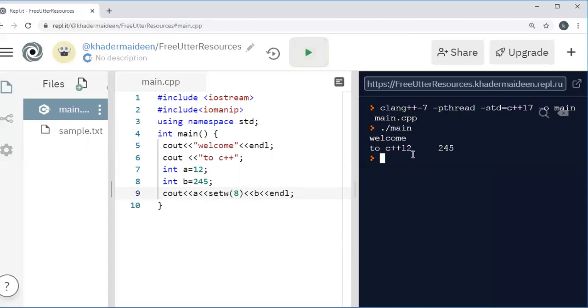You see that? There is no endl specified here.